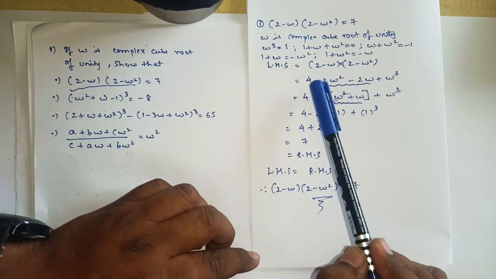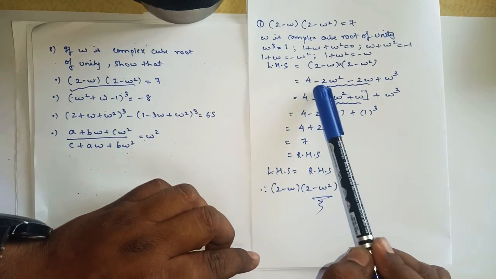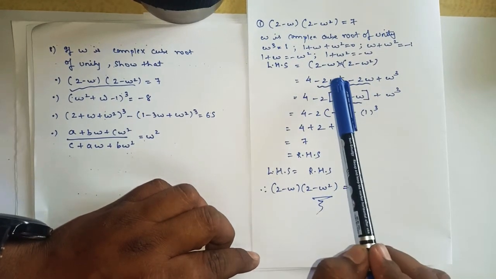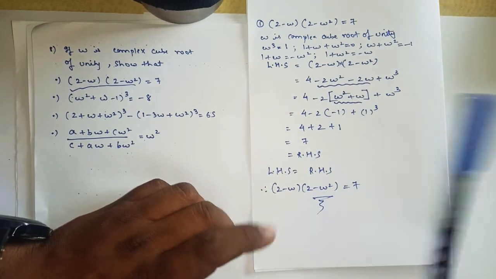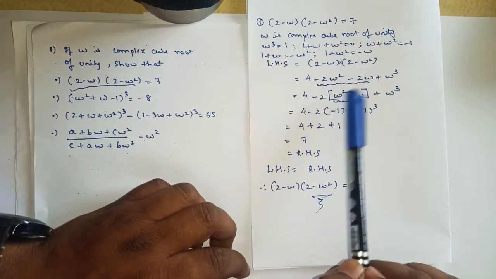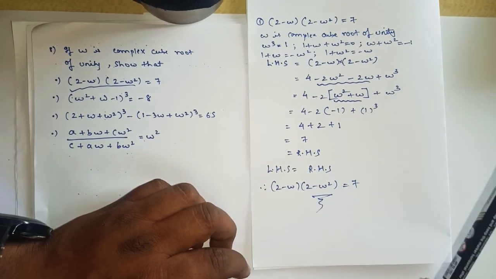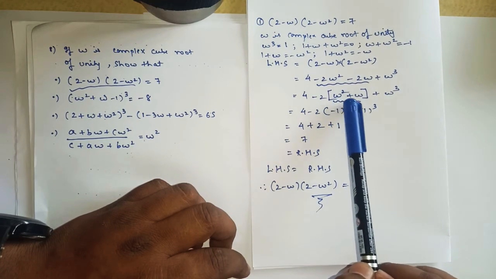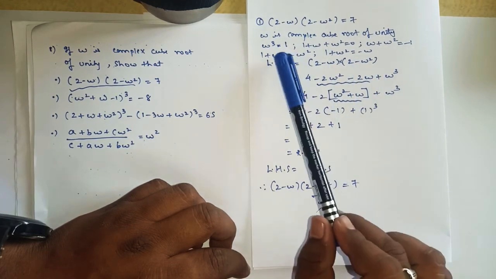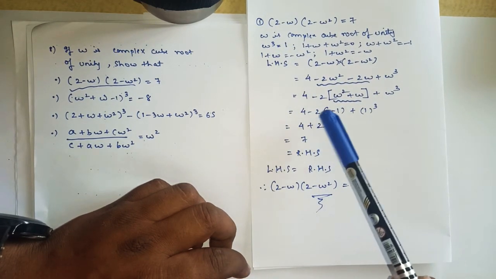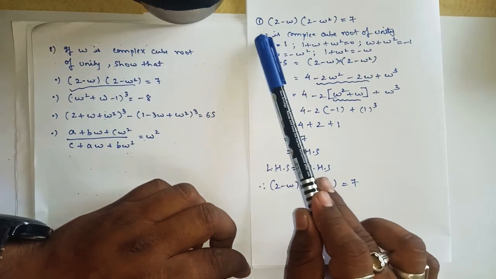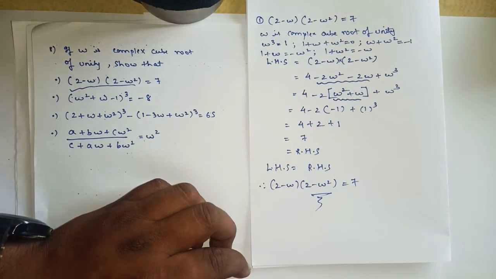After this, I kept this 4 as it is, and between these two terms, as clearly we can see that minus 2 was common. Even you can bring w also, it is on you, still you will get the same answer. Okay, but for a while I will take only 2 as common, and inside the bracket you will get w square plus w, and I kept this w cube as it is. As clearly we can see that w square plus w we can write it as minus 1, and in place of w cube we know that it is 1. So this minus minus it was plus, so 2 ones it is 2 and 1 cube is 1, so 4 5 6 7. So here we took the left hand side and we got the right hand side.